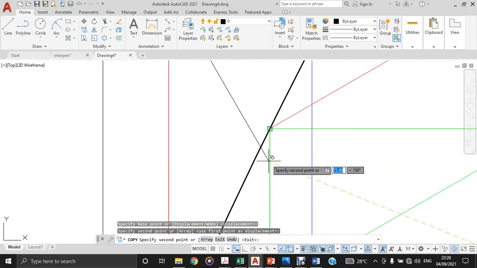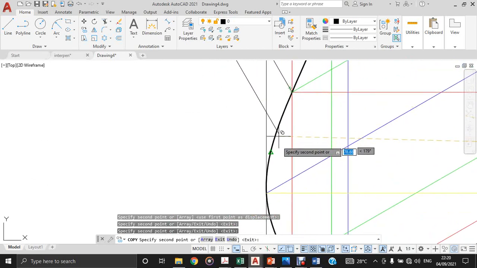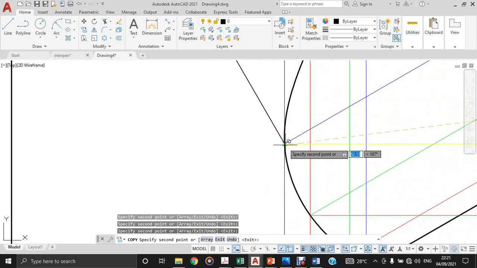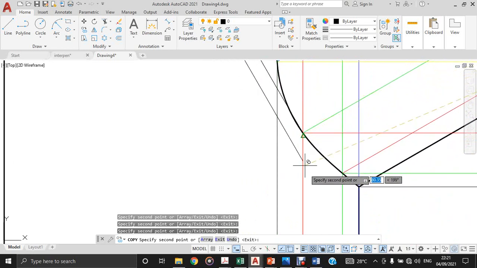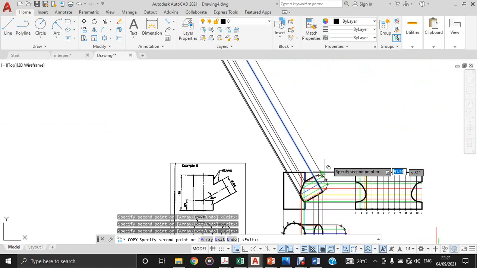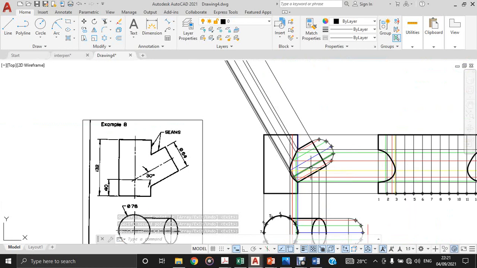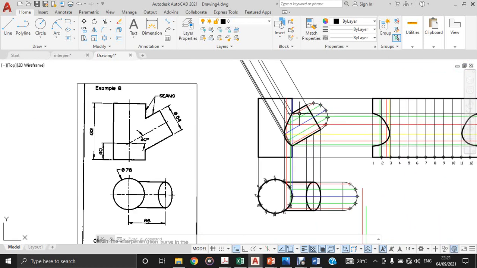Copy it and paste it on every point like that, like that, like that, and like that. So now that we have copied and pasted it all over like that, we can now